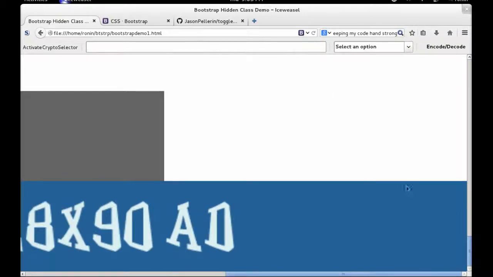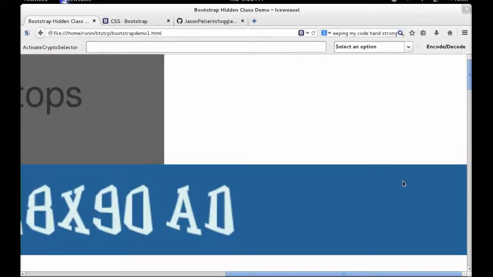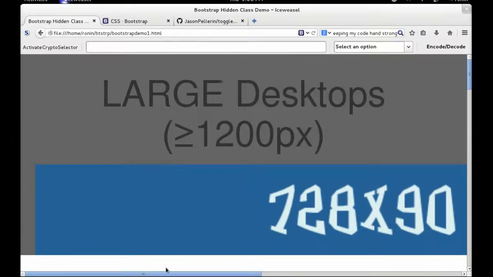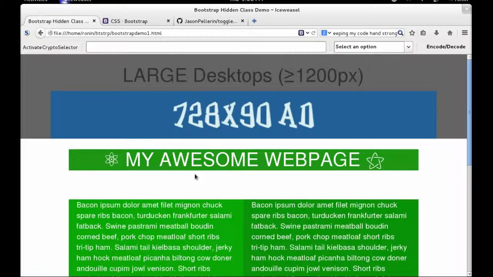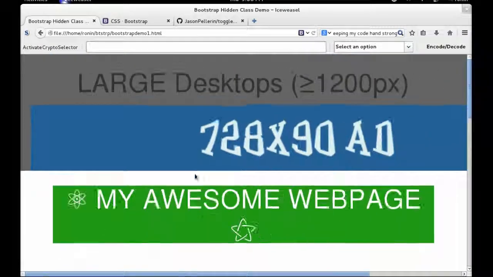So you've got this 728 width and your viewport for your phone is only 320. It does get bigger than that, but the smallest one you're going to have is 320. With that, it really throws your page out of skew. It looks great in the large view and the medium view, so the laptop and desktop views look great, but how do we get that to